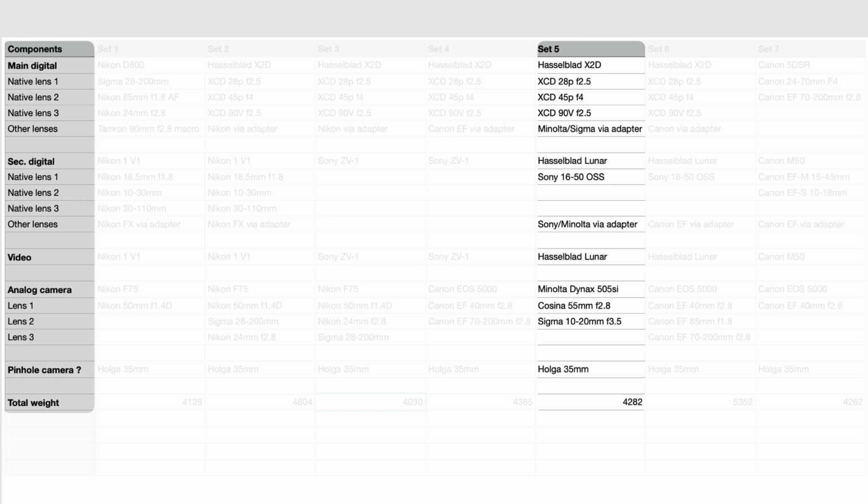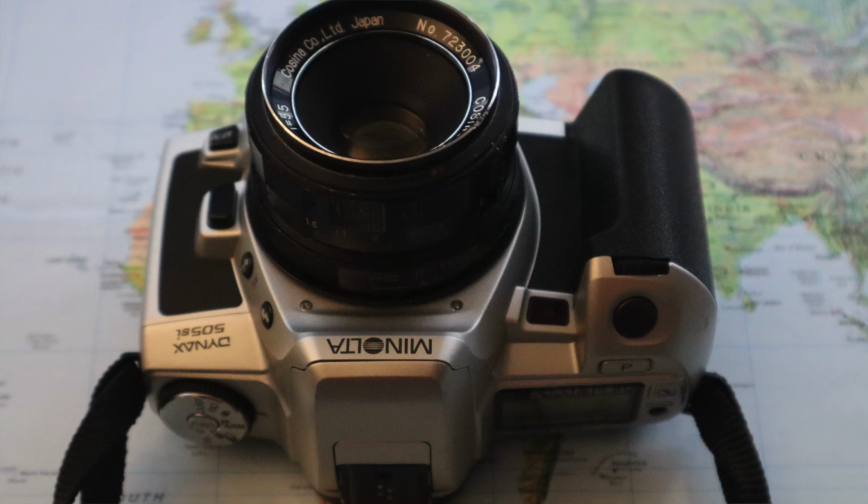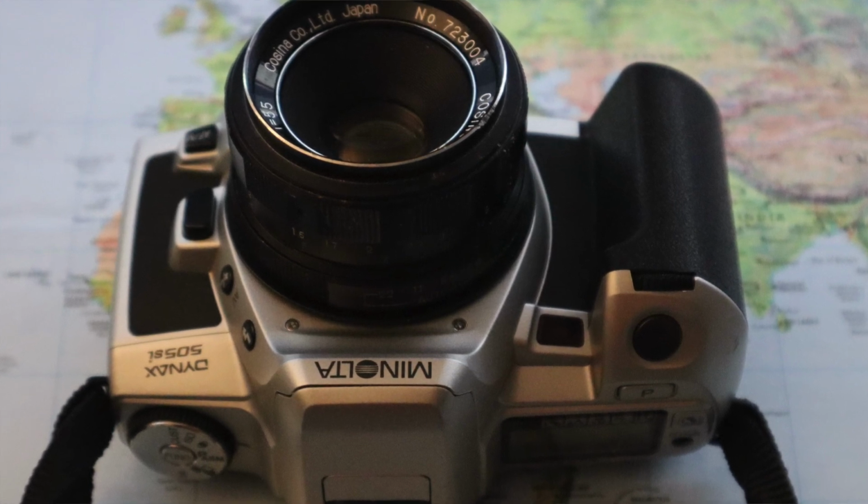But I adapt lenses from the analog camera in this setup. The analog camera being a Minolta Dynax 505 SI. On this I will primarily use the very sharp Cosina 55mm f2.8 lens, but I'll also bring a Sigma 10-20mm